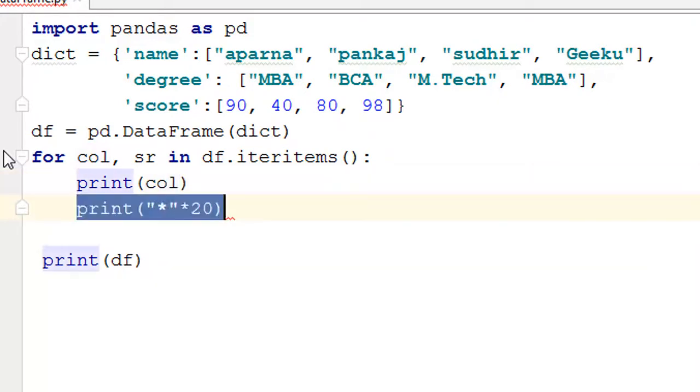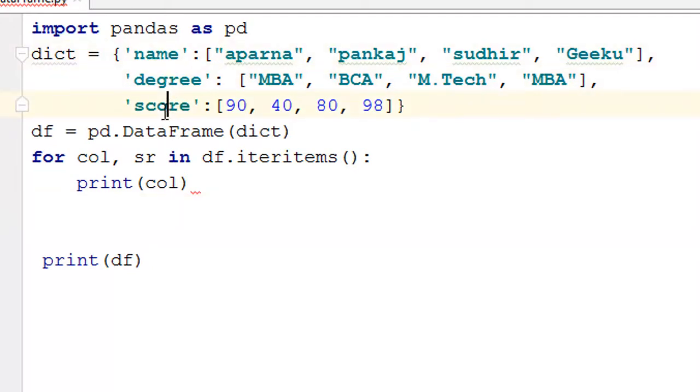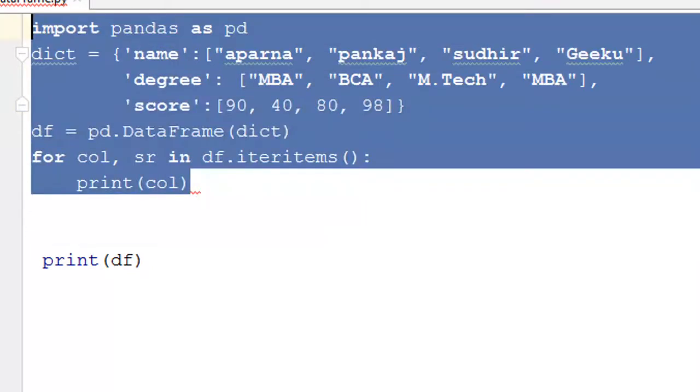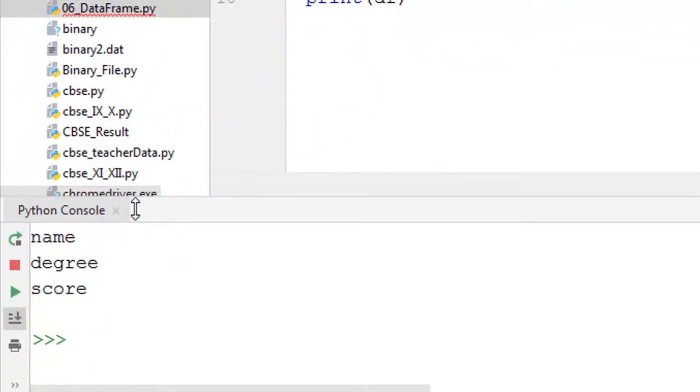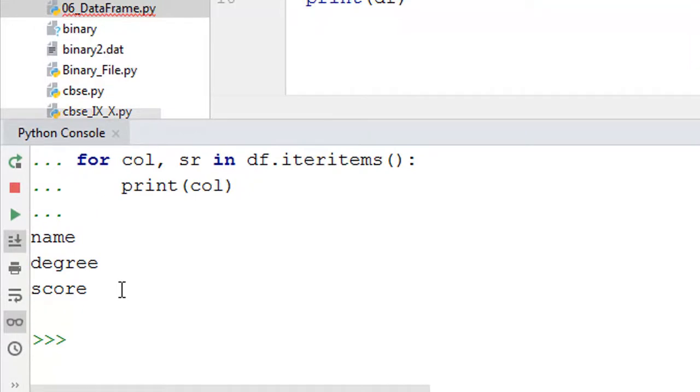So I'm going to get name, degree and score. Let us try to execute this piece of code and see. As expected, you can see name, degree and score is printed.